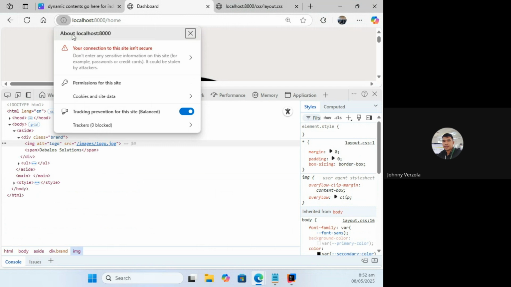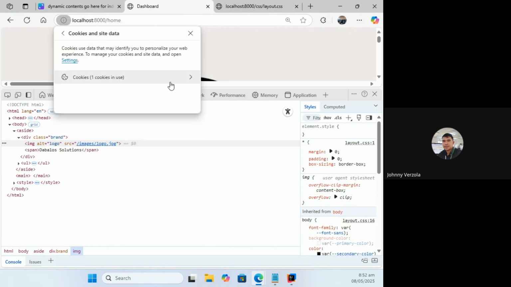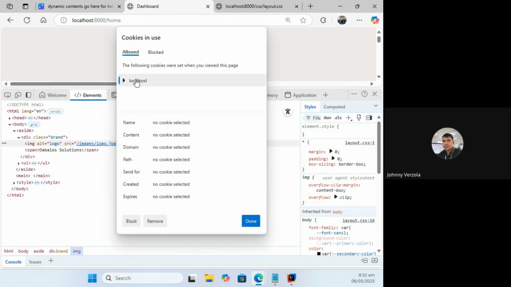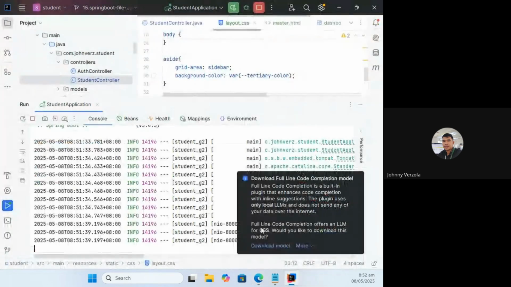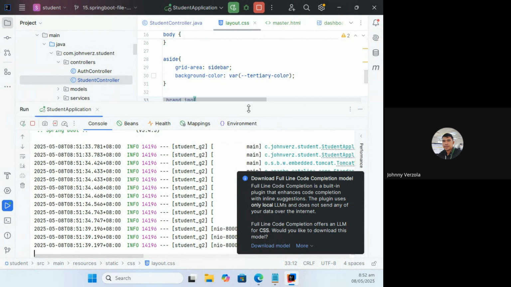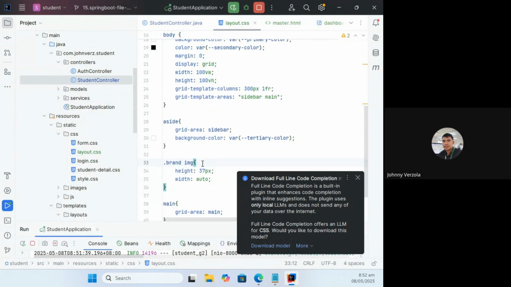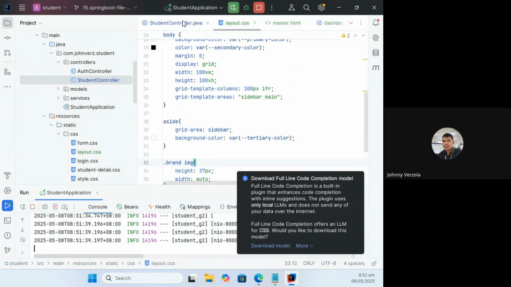Let me try clearing the cookie. Sometimes, refresh, still no effect. That brand img. Did I add it in here?